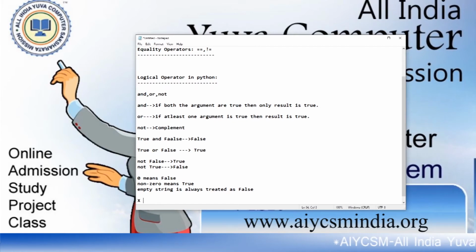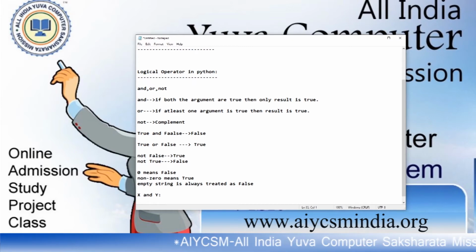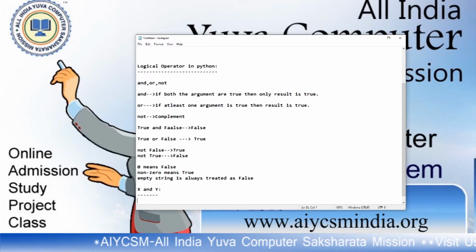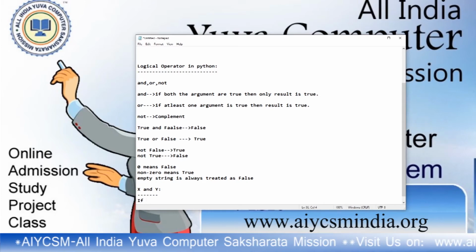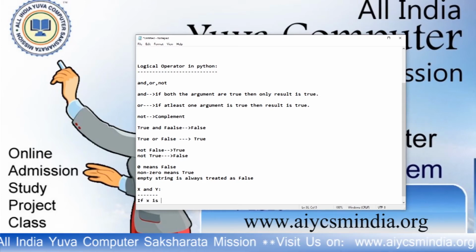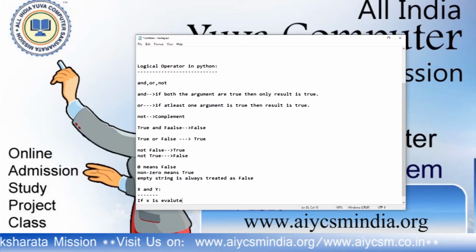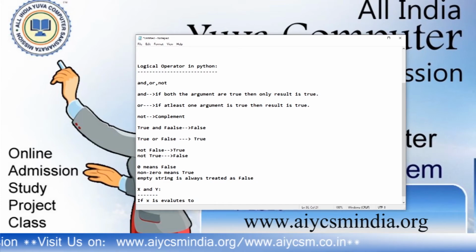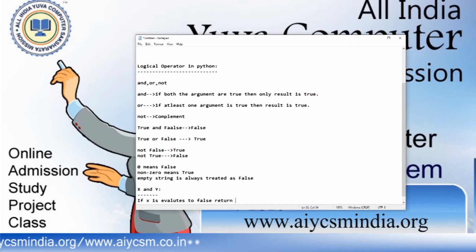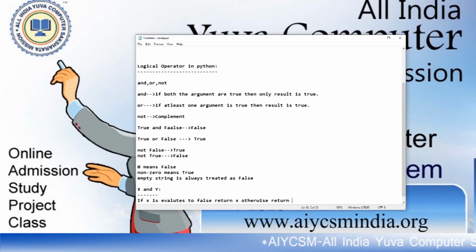If x and y, okay, now if x evaluates to false, return x, otherwise return y. What is the meaning of that?